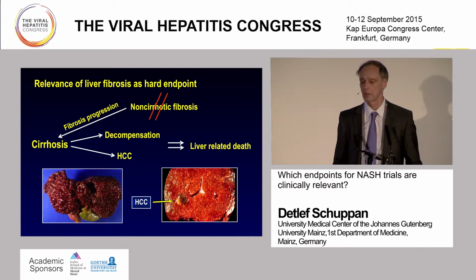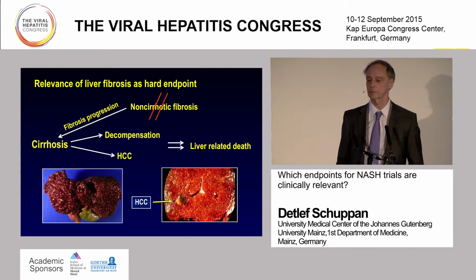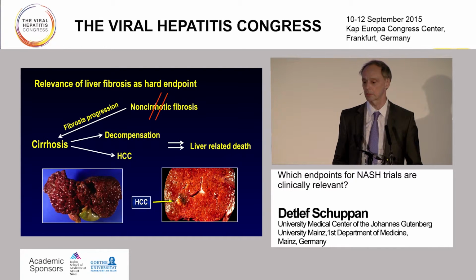Even cirrhosis for the regulatory authorities is considered some kind of hard endpoint because it incurs this high risk of decompensation and liver cancer. What about then non-cirrhotic fibrosis, let's say stage 2 or 3? This in itself is not a hard endpoint. However, if we have measures to show that the disease will progress rapidly towards cirrhosis, this can be considered a fibrogenesis endpoint. But for that, we need non-invasive markers.